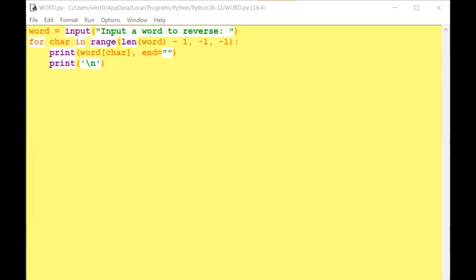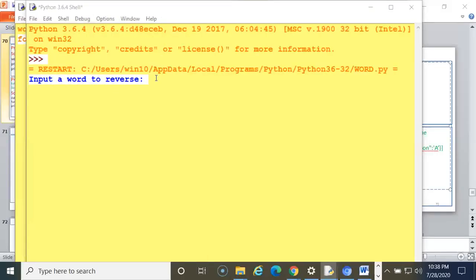So see here, you can view: input the word to be reversed. I am writing here Niharika. I have written Niharika here.